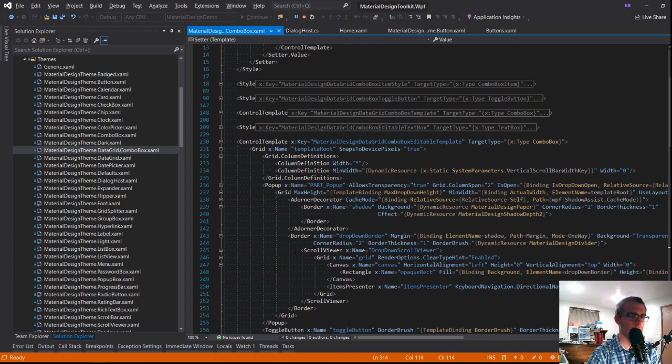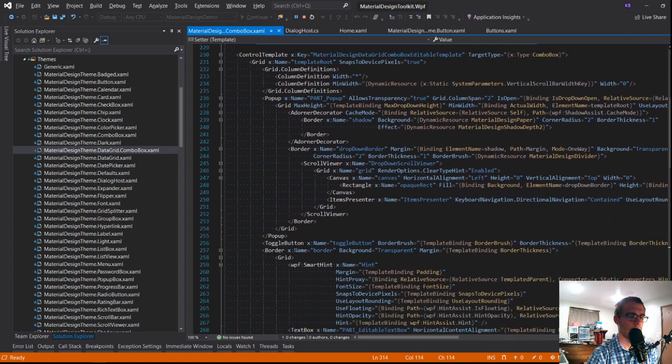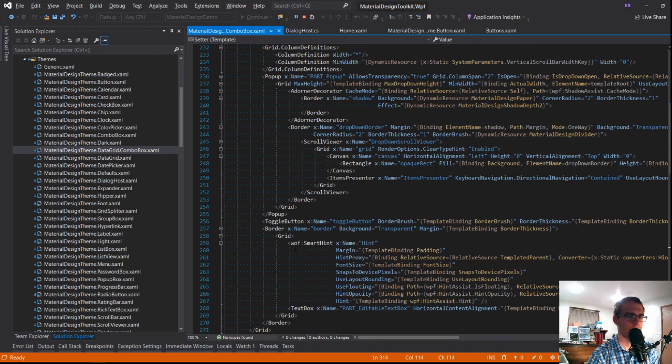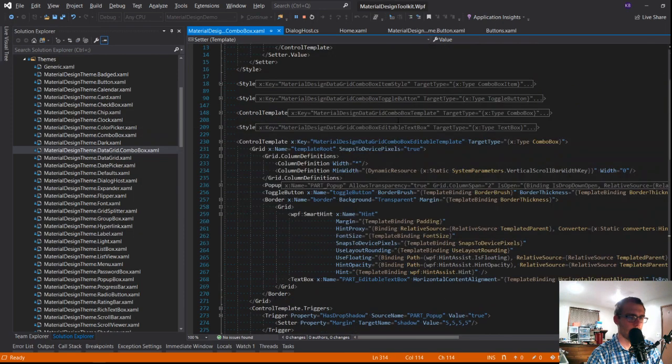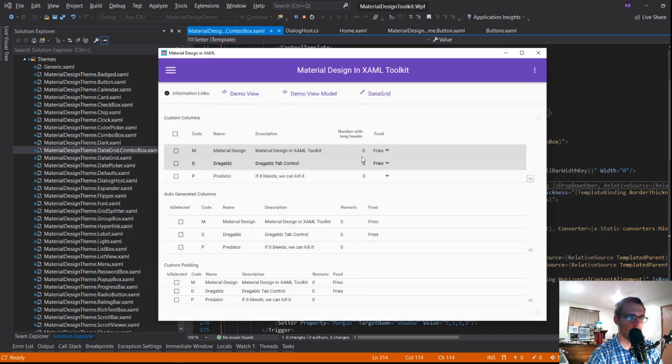So it comes in here. This is a pop-up control. So it's got a pop-up. It's got a toggle button. It's got a border. Basically, the issue is when we're sitting here, I really want space to trigger.